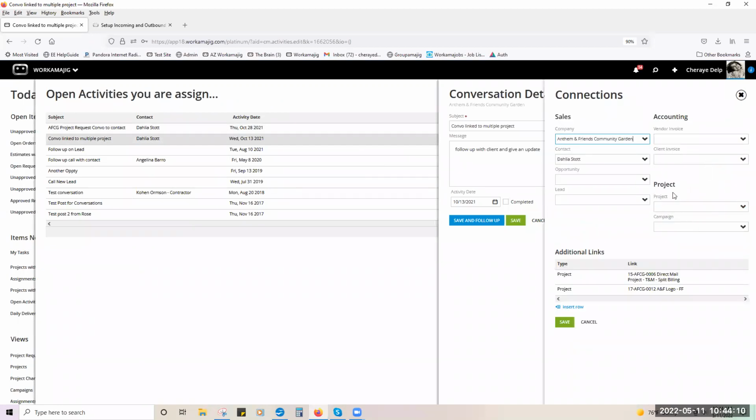I can link it to a project, to a campaign. Here's those vendor invoices and client invoices. I can link everything right from here, as well as an opportunity and lead. So theoretically, I would have 6 new places that I could link it to, as well as linking it to